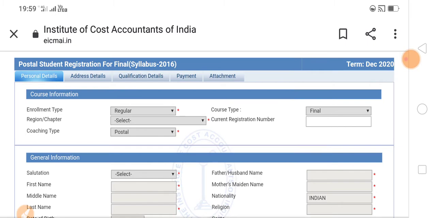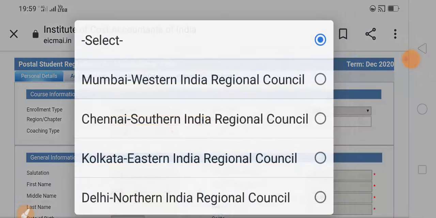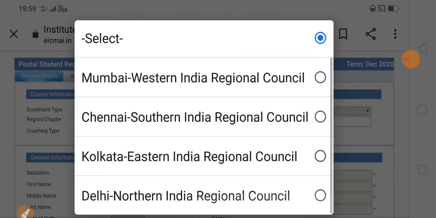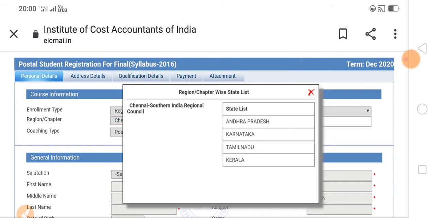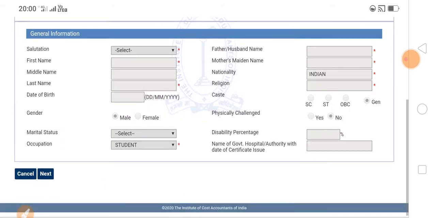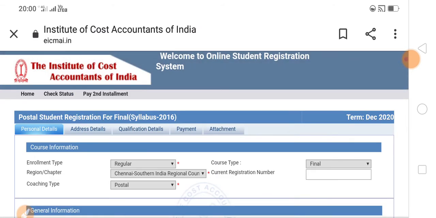Once you get the intermediate registration number, you move to the final, with the same procedures. Select the regional council nearest to you. Suppose it is the Southern Council; this is the regional council state list, such as Andhra Pradesh, Tamil Nadu, Karnataka. Select your state. Copy and paste, fill in qualifying details, and apply. Attachment means scan it through your mobile. The file size must not exceed 30 KB.